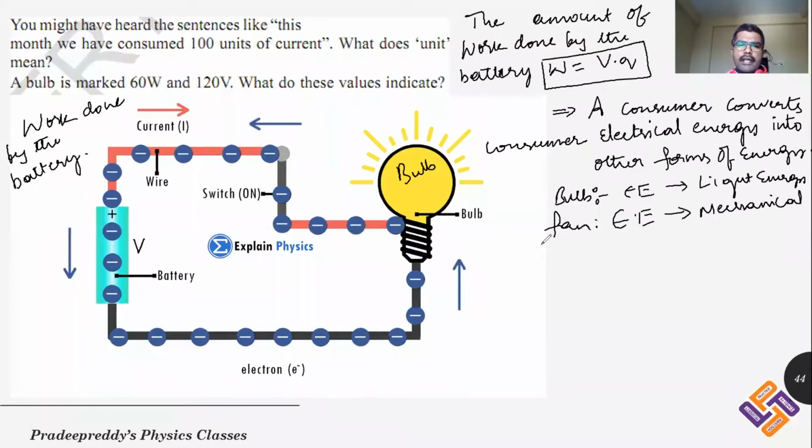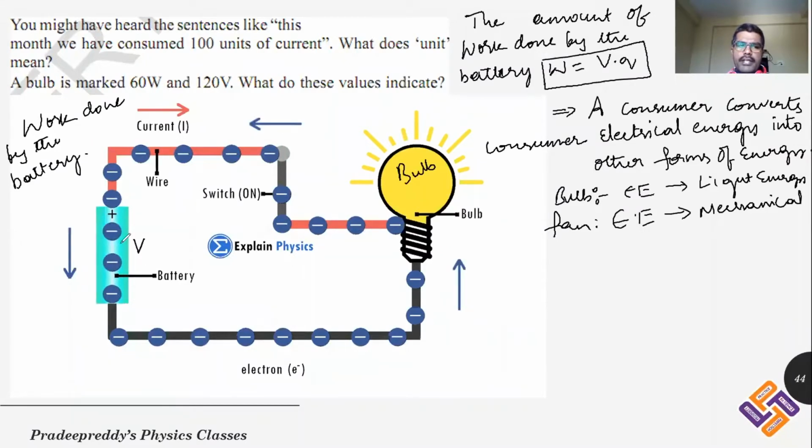A consumer is that which consumes energy, and that is possible only if charge is flowing through the circuit. Charge flows through the circuit if you connect the wire to high potential and low potential. As a result, charge flows from the high potential region to the low potential region. Therefore, the circuit is said to be completed. When the circuit is completed, electric charge flows, and when charge is flowing, the consumer converts electrical energy into other forms of energy. Who is responsible for the whole process? The battery is responsible for the whole process.